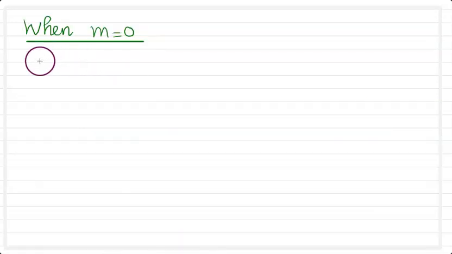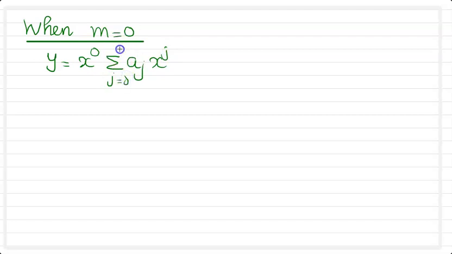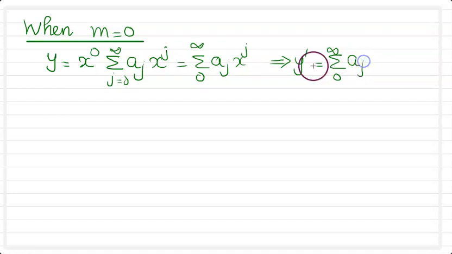When m is equal to 0, we try the solution y equal to x^m, that is x^0 into sigma aj x^j, where j varies from 0 to infinity, which is summation over j varying from 0 to infinity aj x^j, and hence its derivative will be summation over j varying from 0 to infinity aj into the derivative of x^j, which is j into x^(j minus 1), and the second order derivative is y'' equal to summation over j varying from 0